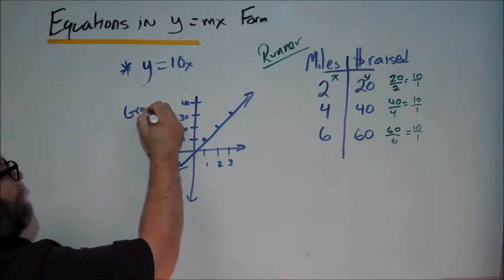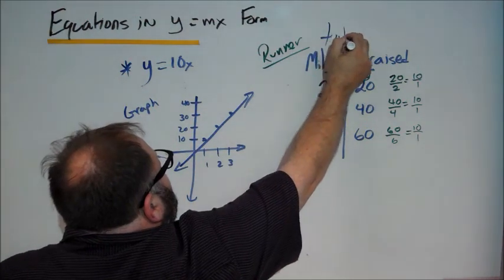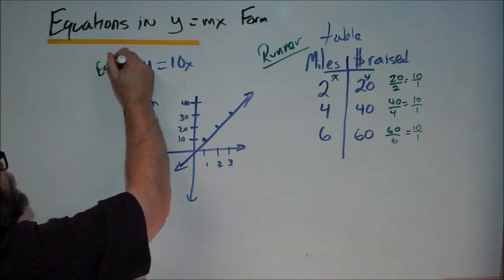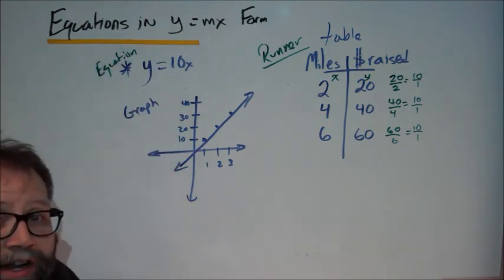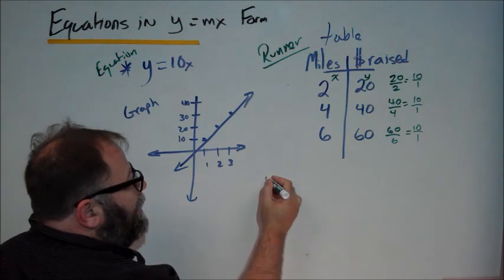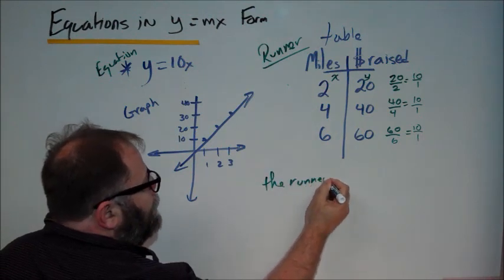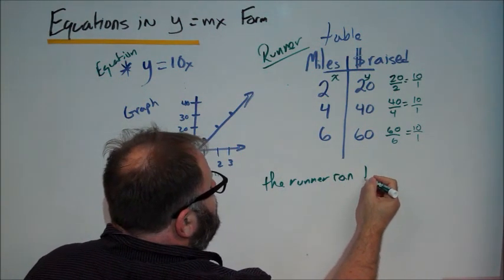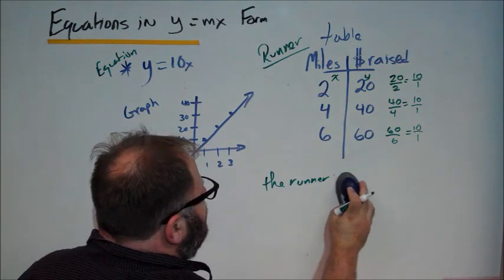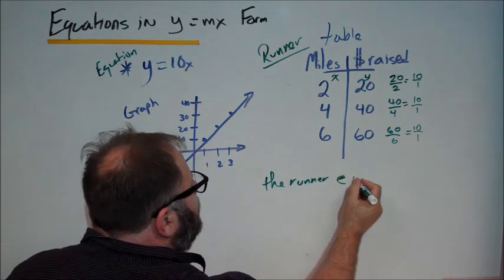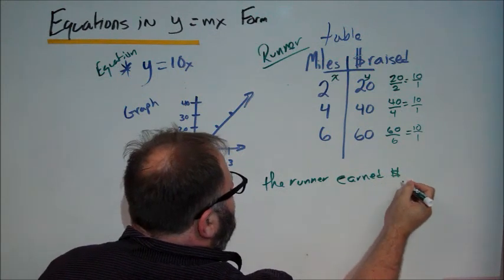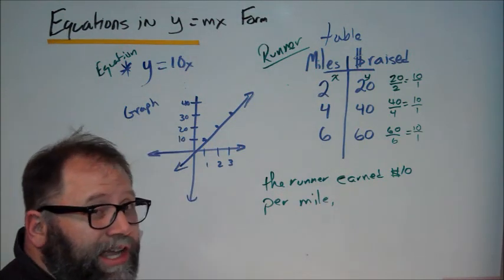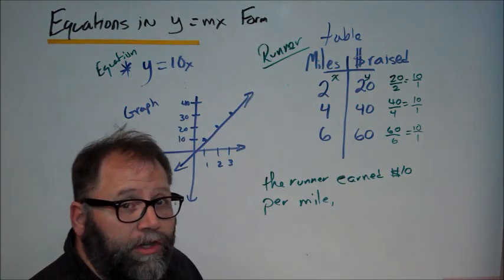So we have it as a graph, a table, an equation, or we can write it in words. And for words here, we'll say the runner earned $10 per mile. And then the key phrase here in these problems is you're going to look for